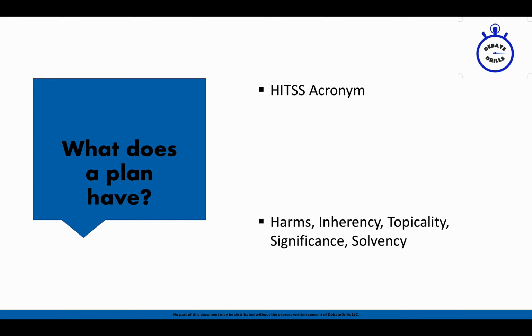So, you're probably wondering next, what parts does a plan have? A useful acronym is HITS, which describes the 5 things that most plans have. First is harms. Harms are basically just the bad thing that is happening in the status quo that necessitates the plan. So, for example, in the grocery store analogy, I am currently hungry. I currently need to practice driving my car. I currently need more groceries.